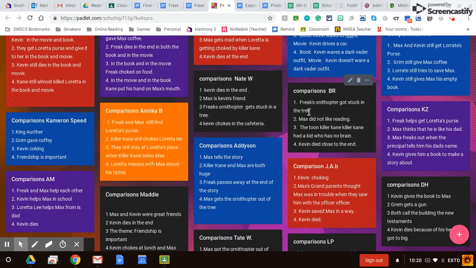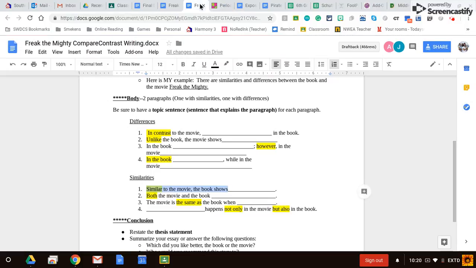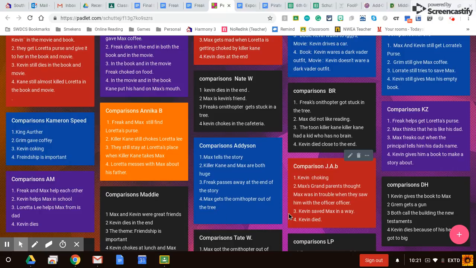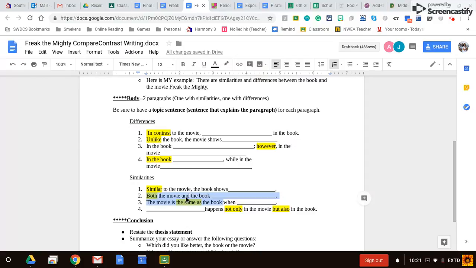That is one similarity. So I'm done with that sentence. And then I'm going to do the next prompt, both the movie and the book, and then I'm going to find another comparison. You can use someone else in this class if you think that their comparisons are more interesting than yours. Once you are done with these 4 comparisons,